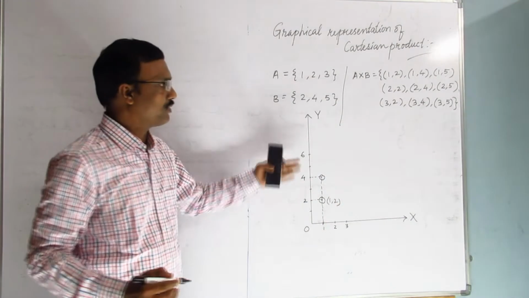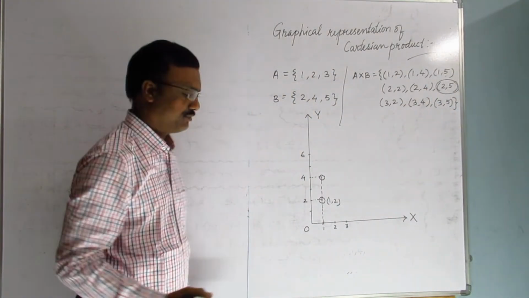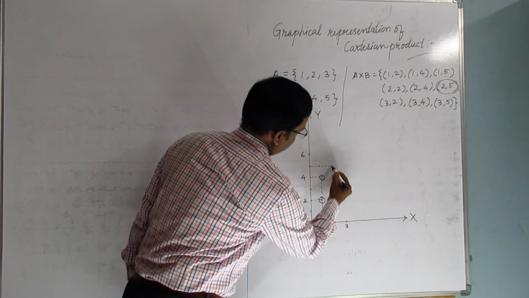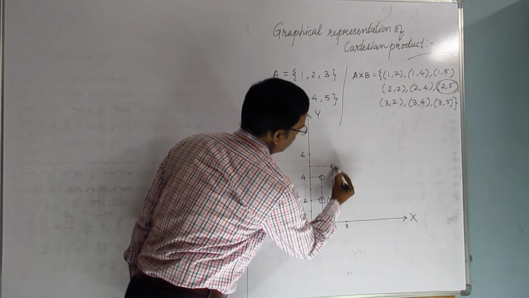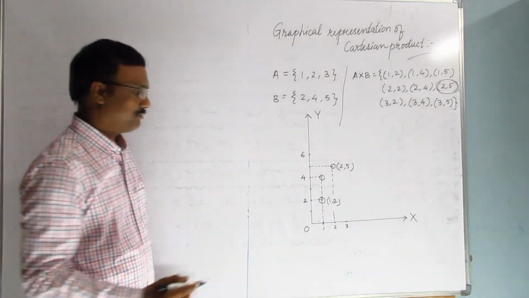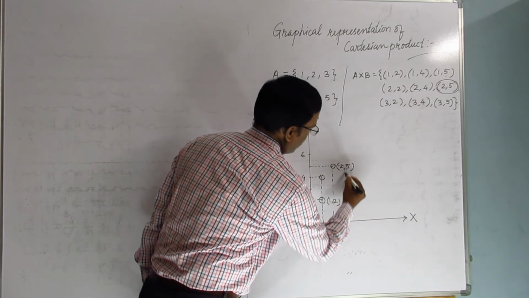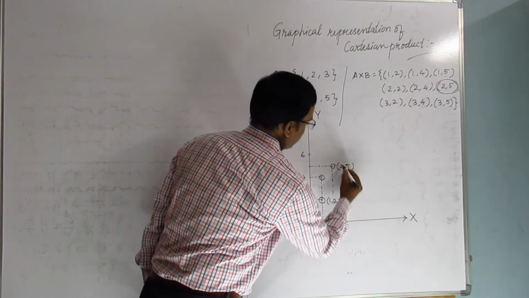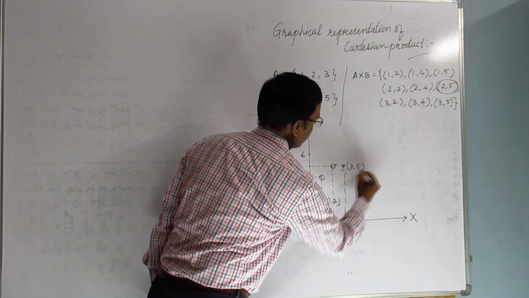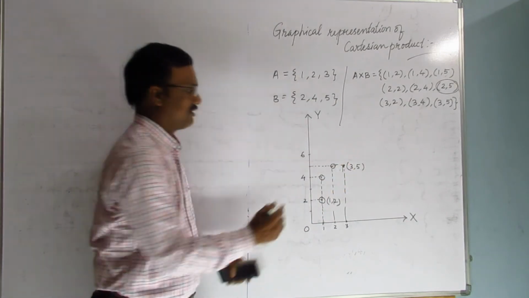Now a lot more points can be shown like this. I will choose 2 more. Let us see (2, 5). How to represent (2, 5). So this is 2 and the coordinate is 5. So this is the fifth position and 2 somewhere here. So this is the position for (2, 5). And then the last one, (3, 5). This is 3 and this is 5. Extending 5 to here. So this is the position for (3, 5). So these are the elements which are shown mathematically there.